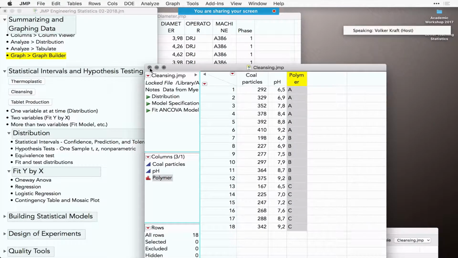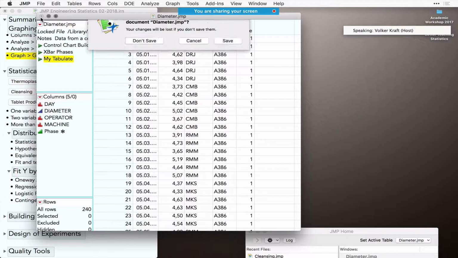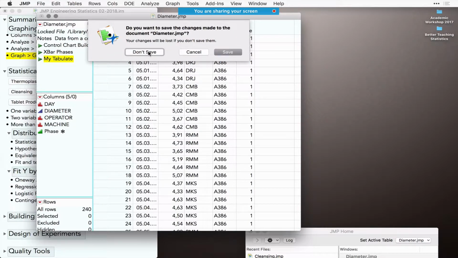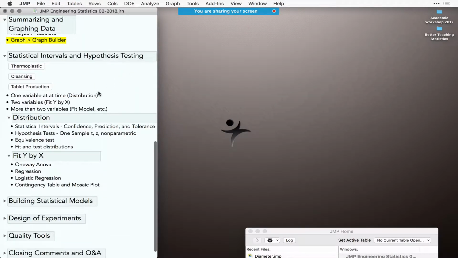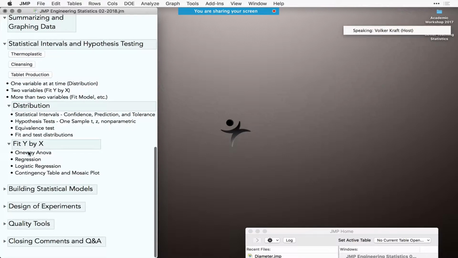Okay, cleaning up a bit and don't save and moving on. So we saw the one-way ANOVA and the bivariate and regression output for two different data sets, and the last one was the more interesting one because we got some significant relationships. But I also would like to show you the other two ways to use the fit y by x